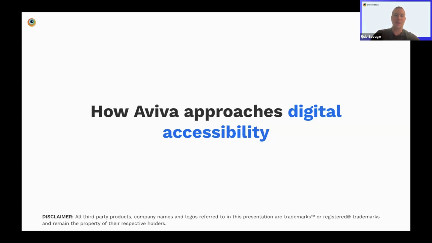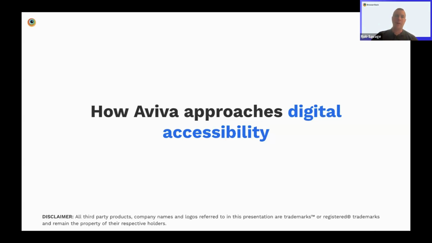We built what we now call our accessibility testing center of excellence. We have a team of experts in accessibility testing that get dropped into projects or teams as and when required. That's not to say that we don't expect our regular testers in the teams to do accessibility testing, and obviously there are great tools that help them get a really good level of coverage, which I'm sure you're going to demonstrate later. But what we tend to do with that team is get them to do an audit of an app. If we haven't looked at something properly with accessibility in mind before, we'll drop that team in and they'll do the audit, so we then know where we're at.